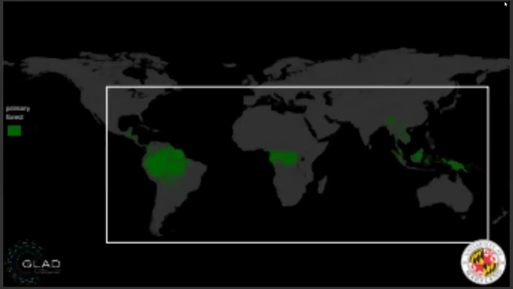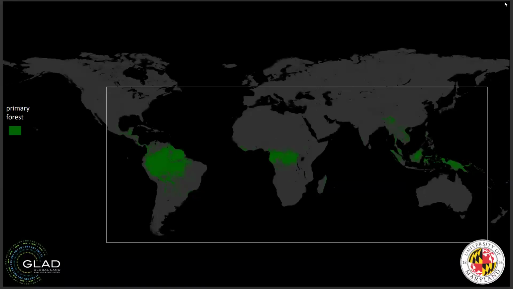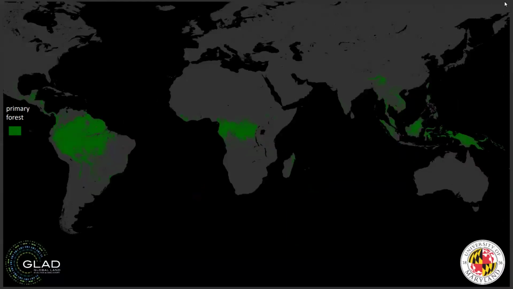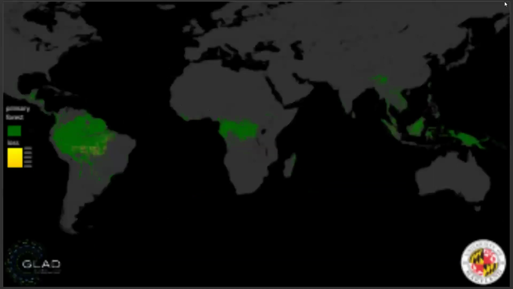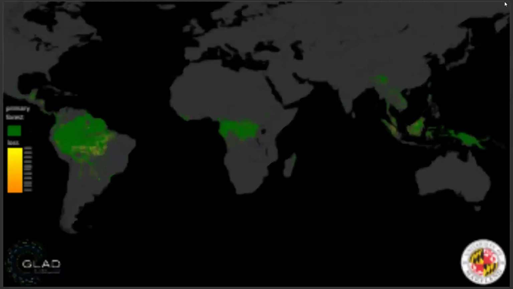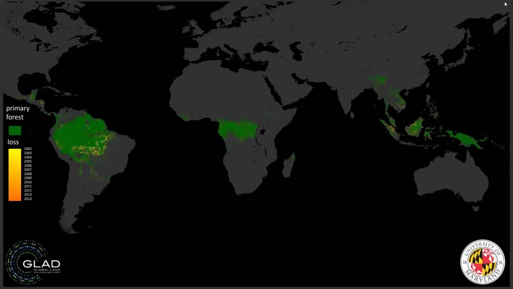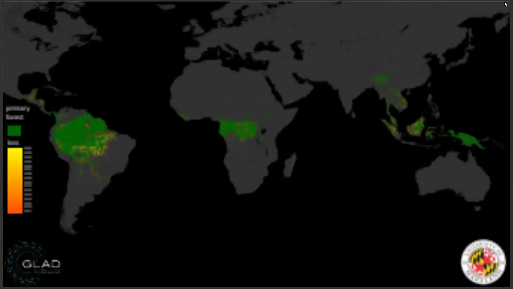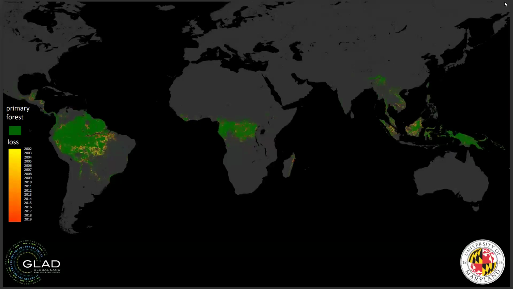The biome of interest right now is the humid tropical forest for Pangea, and we are tracking annual loss since 2002. And my animation doesn't work, so I've got to click through all these years. That's brutal. But that's a pretty good record, though. 20 some years of data. Anyway, and the story is not a good one.